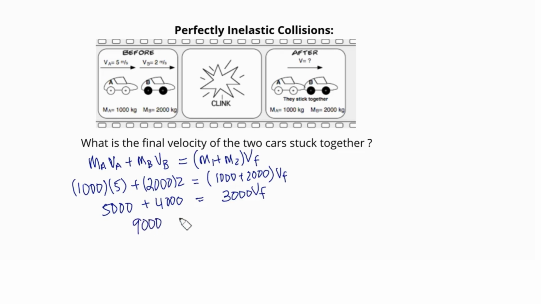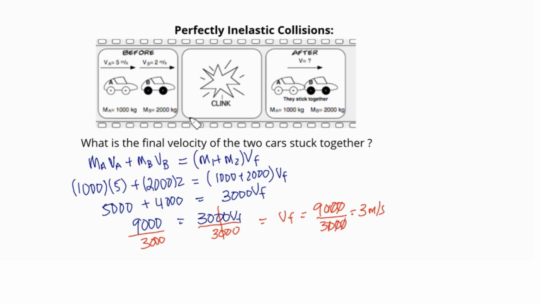So 9,000 equals 3,000 Vf. If I were to divide both sides by 3,000, then I get Vf is equal to 9,000 over 3,000, which is just 3 meters per second. So the sum of these two cars, the combined mass, will move off at 3 meters per second